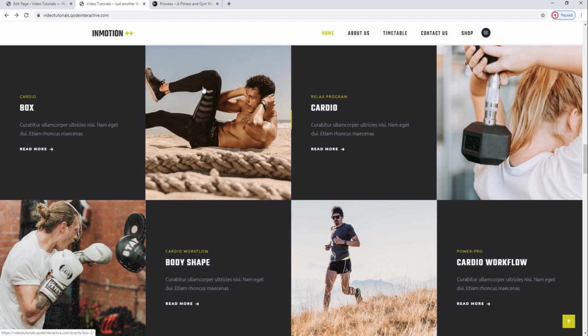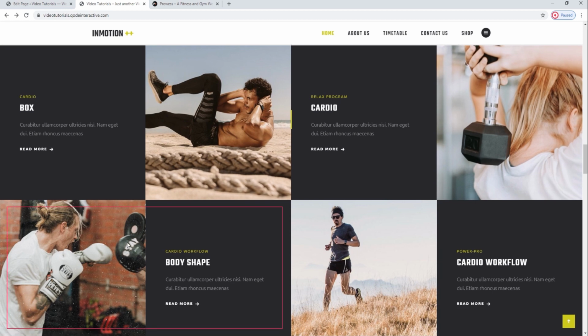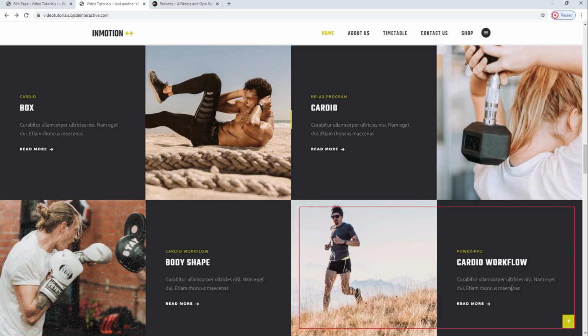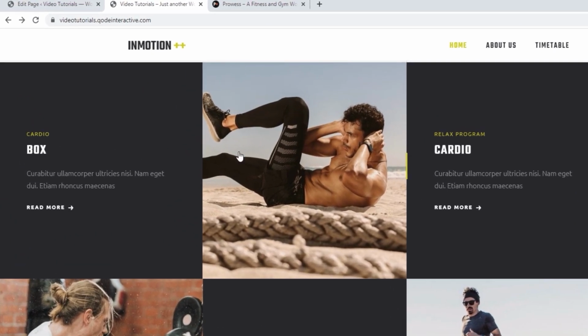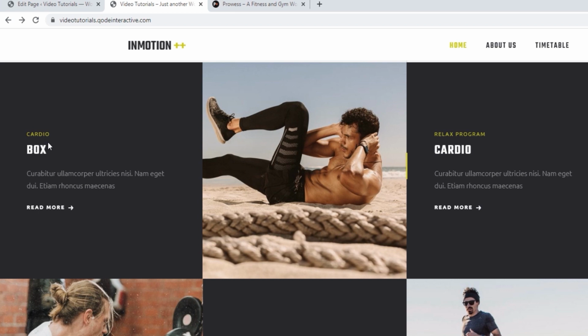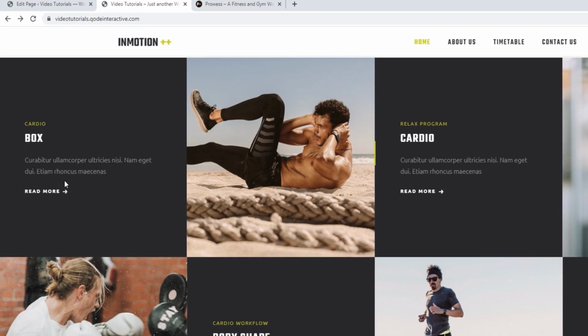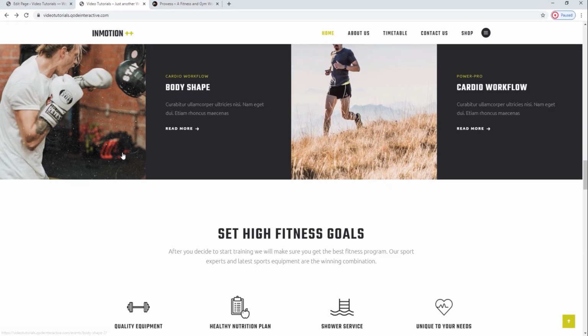Here's the live page. This is one event single, this is the second one, this is the third, and this is the 4th. This is the featured image we have previously added. You can see how it's cropped here. This is the title, this is the category that in the shortcode settings we decided to enable, and this is the excerpt we have limited to 75 characters. Finally, this is the Read More button that leads to our event single page. That's it for this event list.